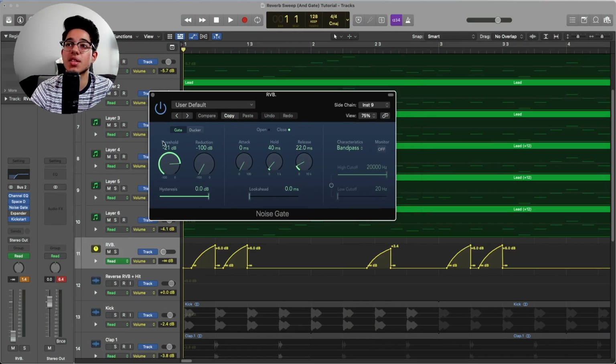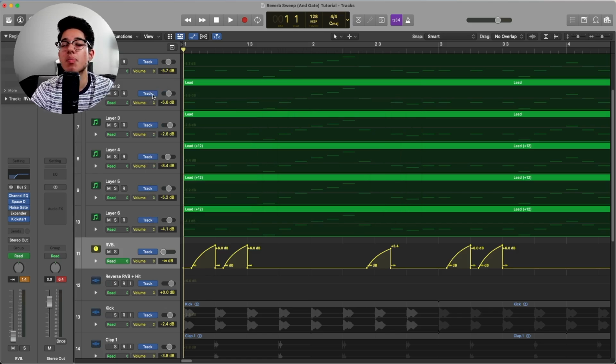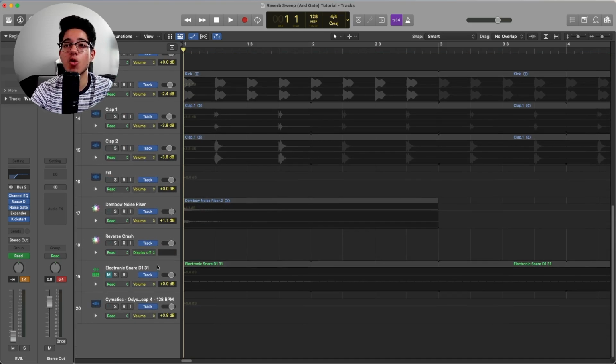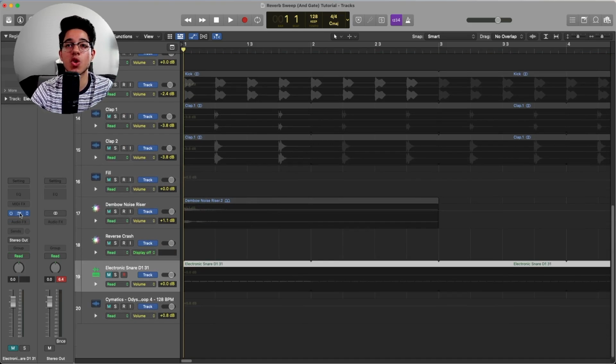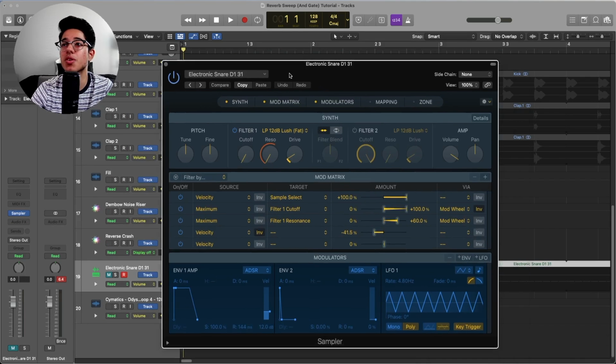I went ahead and set the threshold, reduction, attack, hold, and release all to the settings that I've liked, but what can we use to sidechain that reverb to? Now if we use the kick, it would sidechain it into a quarter note. If we use the clap, it would sidechain it into a half note, but I want to get a 16th note pattern. So to do this, I opened up a new software track, opened up Logic's stock sampler, and selected